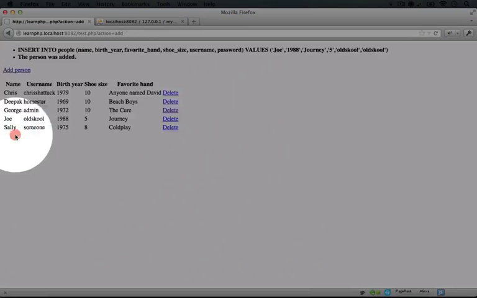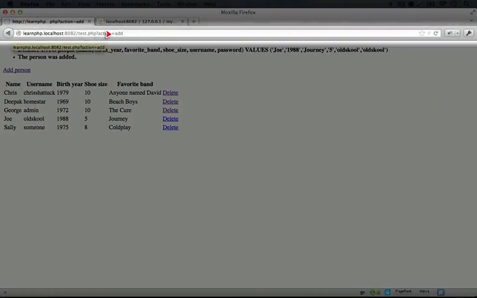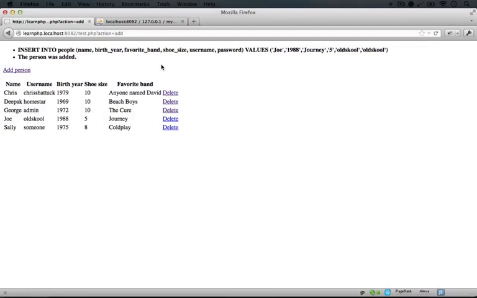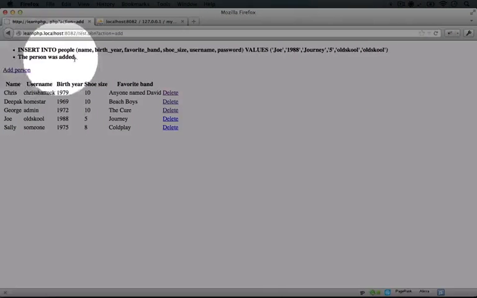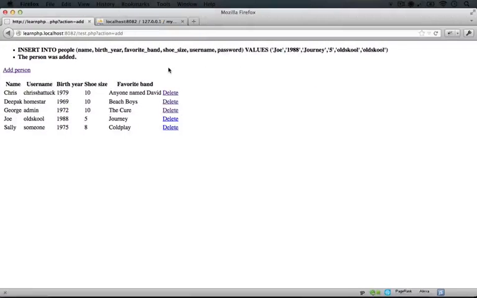And then I'll click Add Entry. Now the action here said add, so what it will do at this point is attempt to construct the query that will insert the data into the database. We'll do all of the escaping as part of a loop through all of the variables. We'll compile those together using implode, and then we'll pass the query into MySQL query. Since that ends up being successful, it adds the notice the person was added to the list of notices to